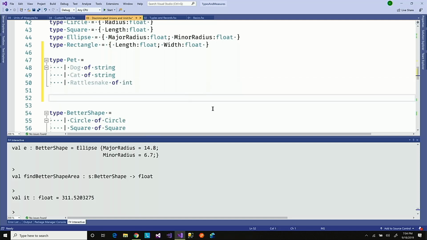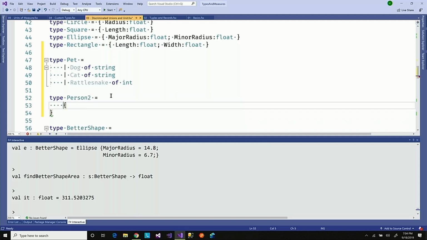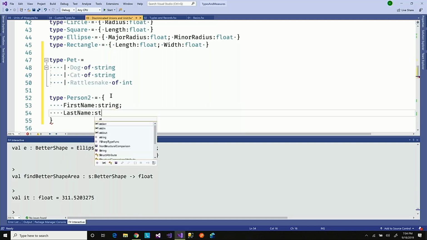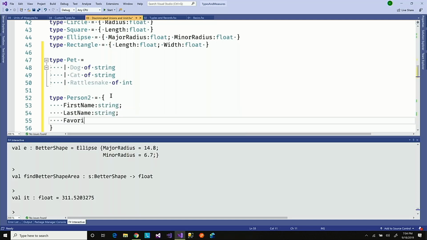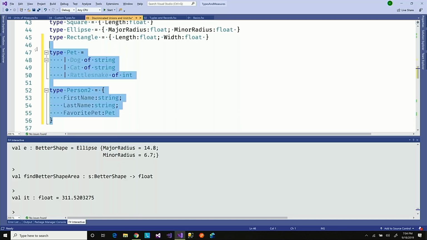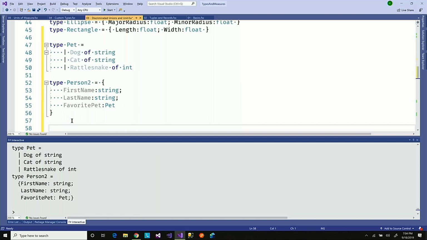So now I can have, I'll make type person2. Coding on the fly. There we go. So now person2 has all this stuff, and I can say